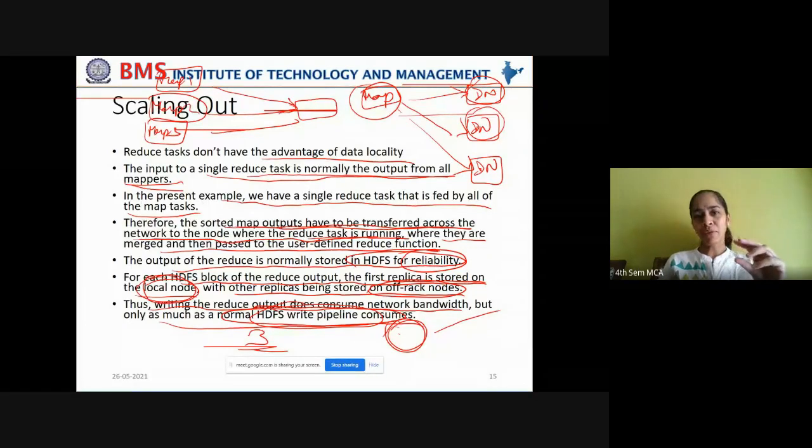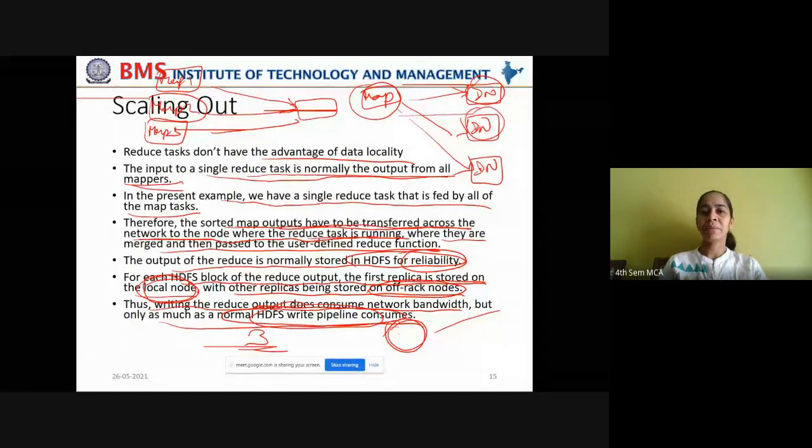Okay, so one copy is maintained on the local node and the other two copies are transferred. The data is transferred to maintain the other two copies on an off-rack node in the same cluster and an off-rack node on a different cluster, if that can be maintained on the same cluster. Okay, that is an extreme case again.